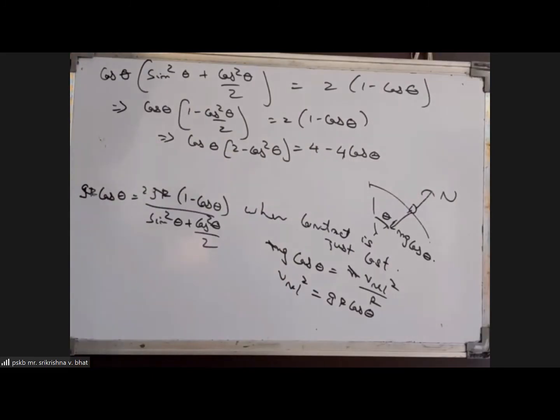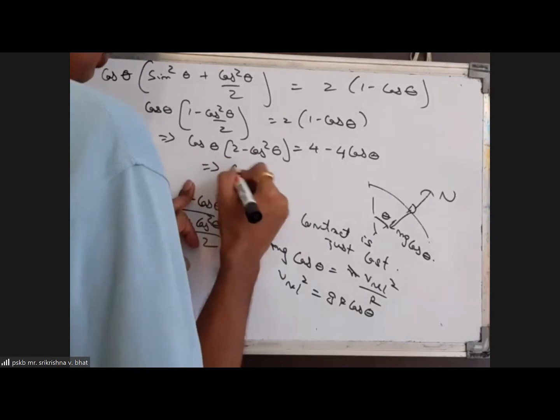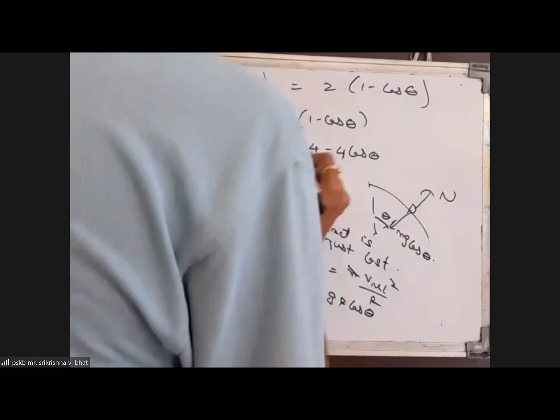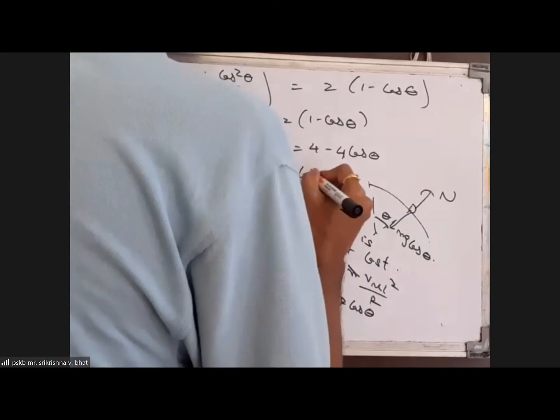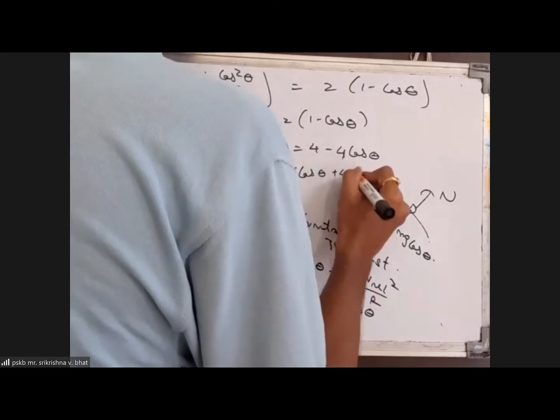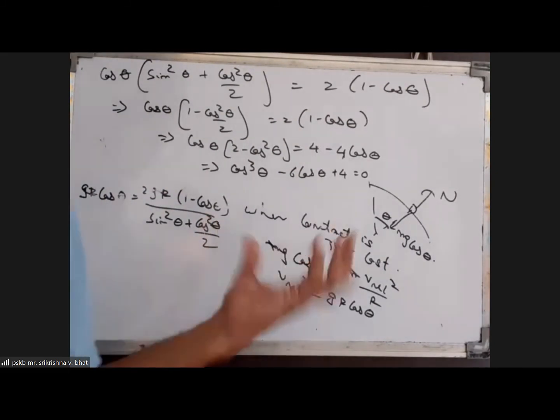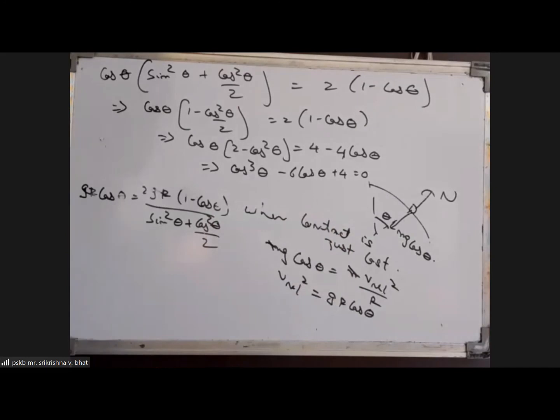Okay, the equation comes out with this. So this can be written as cos cube theta minus 6 cos theta plus 4 equal to 0. So we get an equation in cos theta, that is cos cube theta minus 6 cos theta plus 4. So we can solve this equation to find the value of cos theta. But unfortunately, it's a cubic equation. So 2 is a root for that, so we can do it. Can we say that 2 is a root here?